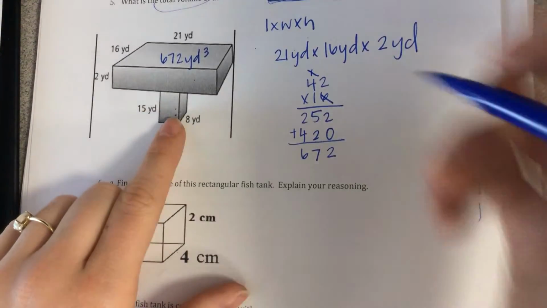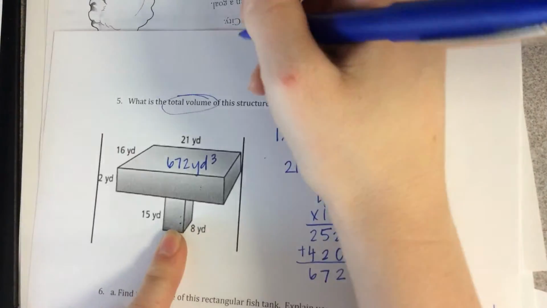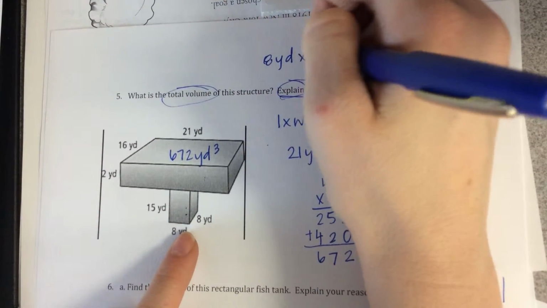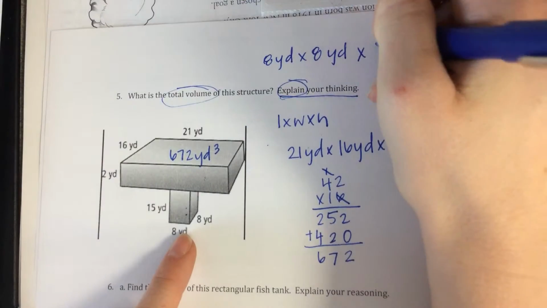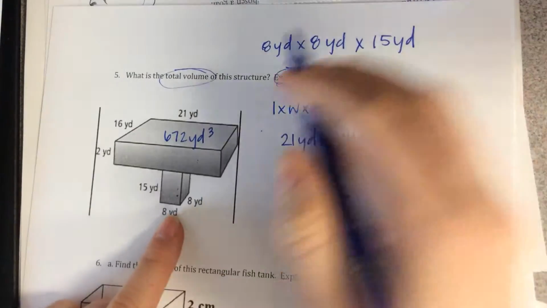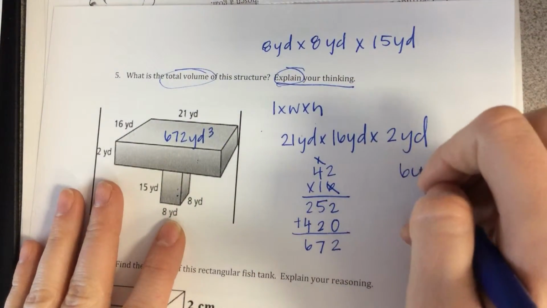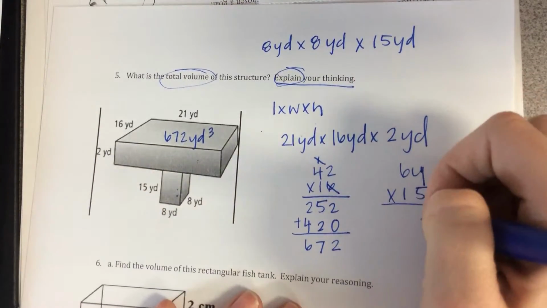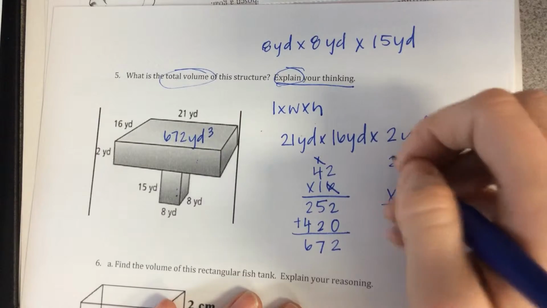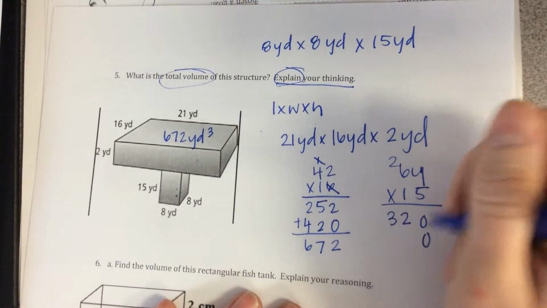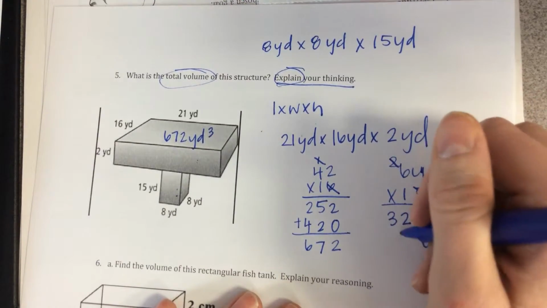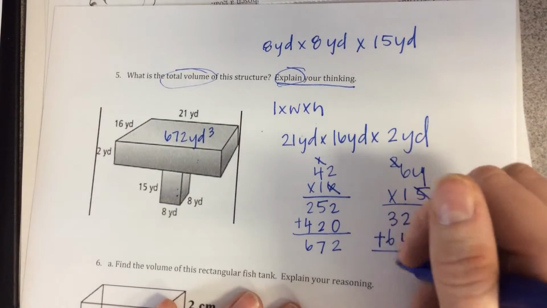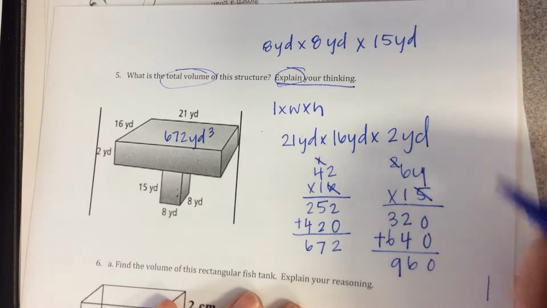Now I gotta find this bottom one, which will be length 8 yards, times width, which is 8 yards, times height, which is 15 yards. Well, 8 times 8 is 64, and now we can do times 15. 5 times 4 is 20, 6 times 5 is 30, plus 2 is 32. Hold our place. 4 times 1 is 4, 6 times 1 is 6. Add them up. So we get 960